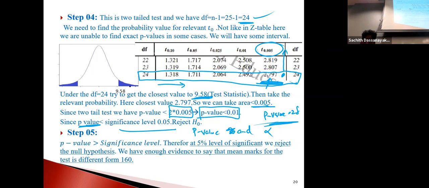Any questions? Did you understand what I was talking about? If you cannot find this value, you have to approximate it, but you should understand the pattern from left to right. The t values are increasing. At the same time, what happens? The alpha values are decreasing, right? See, this one, next this one, they are decreasing, but the t values are increasing. Try to understand that pattern and approximate what you need.